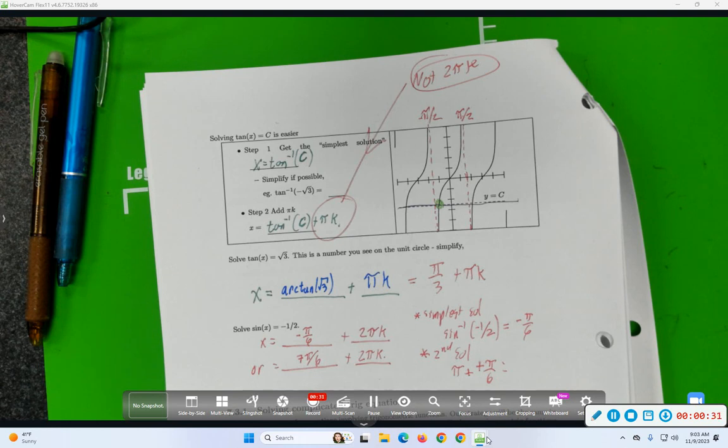2 pi k. But that's like half of the solutions, right? Since inverse cosine will give you that number, adding 2 pi k will give you that number. In the meantime, you've missed those answers. How do you get those ones? Negative of the previous